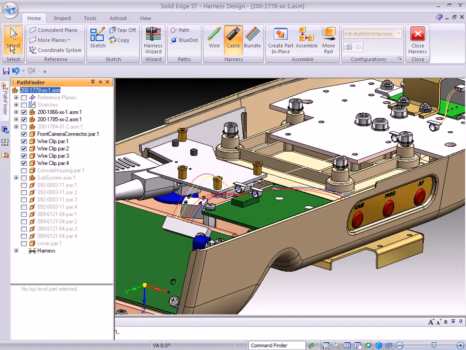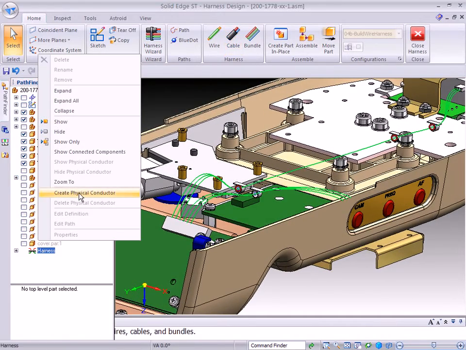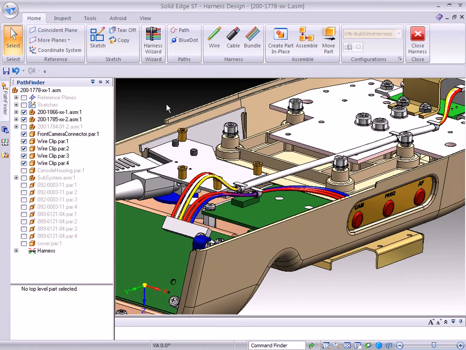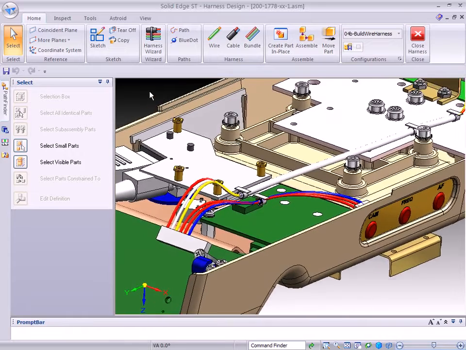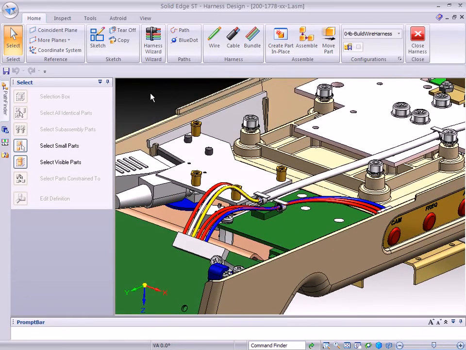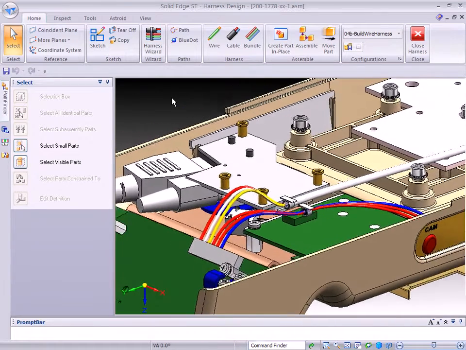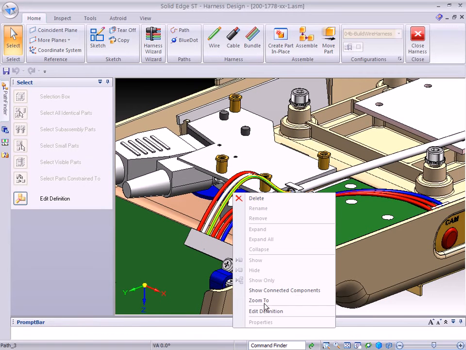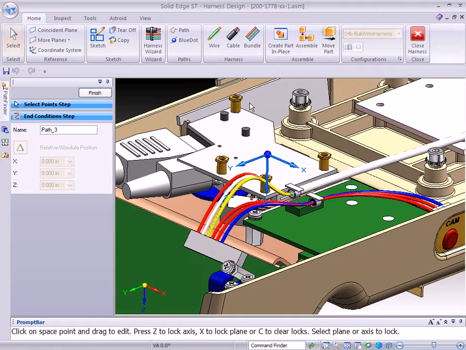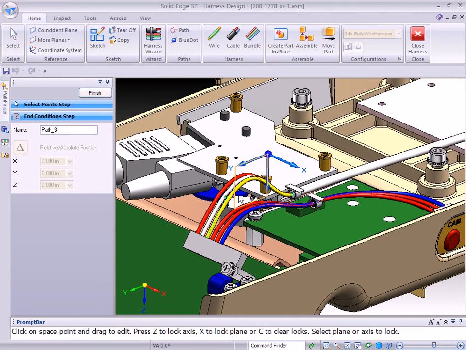Another option that we have is to actually create physical conductors of these particular wires. So it will actually create a physical representation of the wires and gives you a better example of what they look like. Now at any time, if you need to make a change, for example, edit a definition of a wire, you notice these wires kind of extend up a little high. It gives you this kind of tangent end that you can pull down. You notice the wire is moving as I pull that down. And when I accept it,